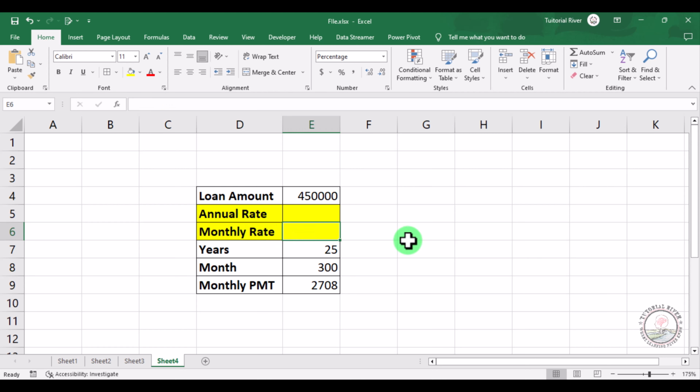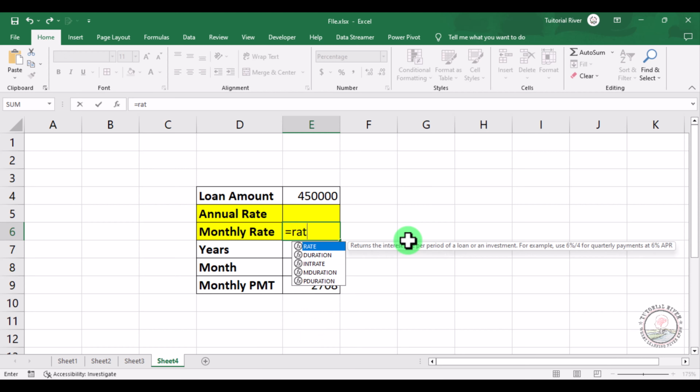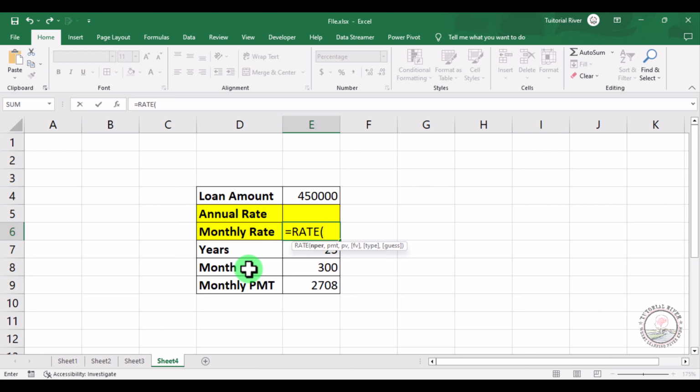So, we are going there and enter equal, then write RATE. Here is a function, double click there, and this is the value of NPER. This is total month number, and total month number is 300. We are selecting this, then put a comma, then what is PMT, and monthly PMT is this, and put again